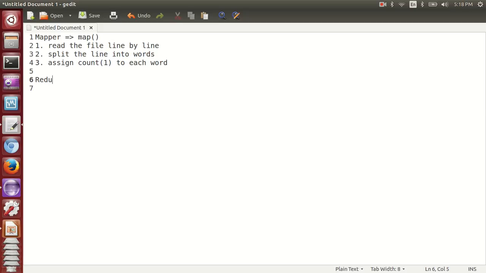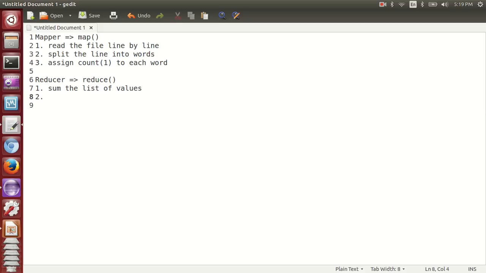And we have one more, which is the reducer. What the reducer will have is a reduce method. What this reduce method will be doing is, first step will be to sum the list of values. Whatever the values are, we have to sum them.